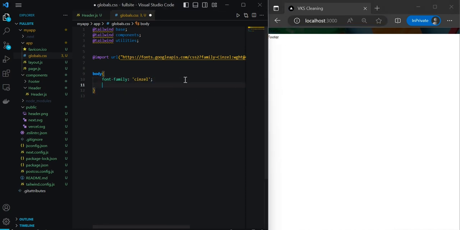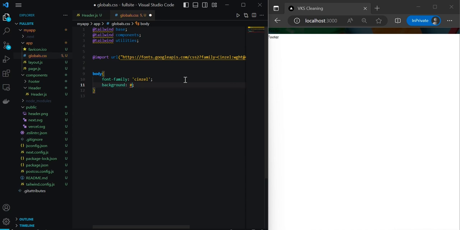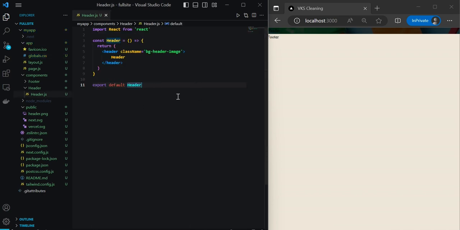Okay, that took, and I want to set the background color to EDE79, just to give it a little bit of color. Okay, all right, so now we can go to our header,